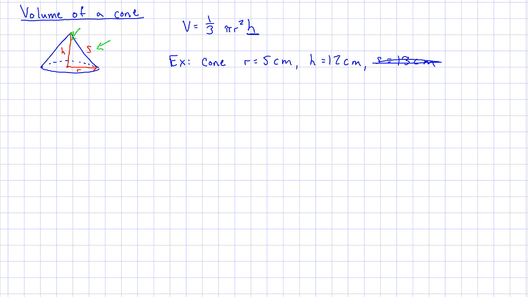I know my formula for volume, and I know I just need this vertical height. I do not need the slant height. So I'll plug that into my formula. I have 1/3 times pi times r, which is 5 centimeters squared, times the height, which is 12 centimeters. I'll plug that all into my calculator, and I'll get about 314